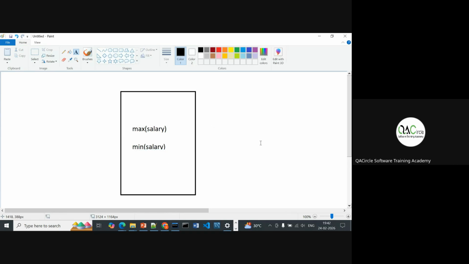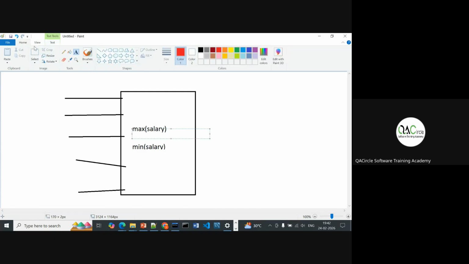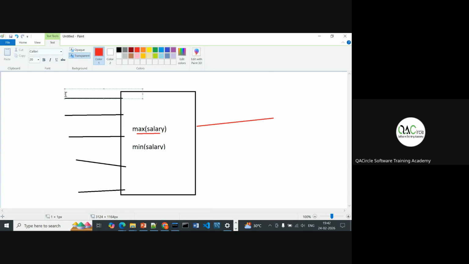Here we are providing multiple data, n number of data. If I perform maximum on this data, I get a single output. For example, if I have 1,000, 2,000, 3,000, 5,000,